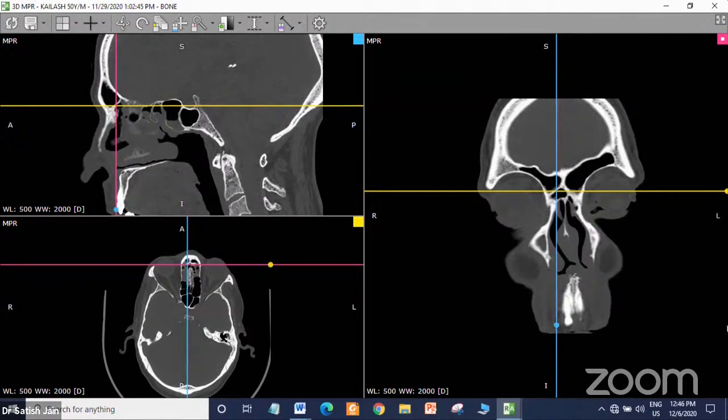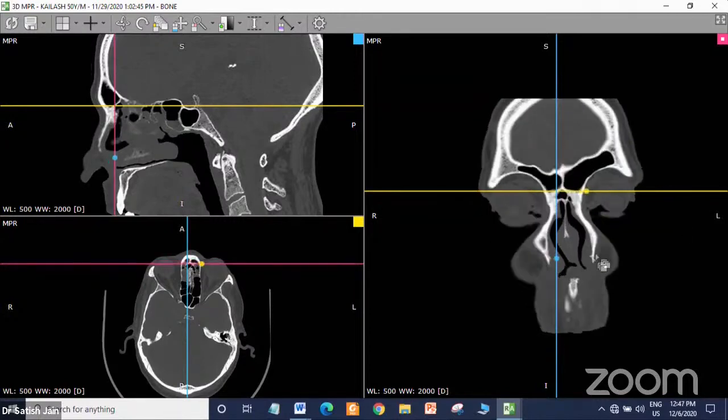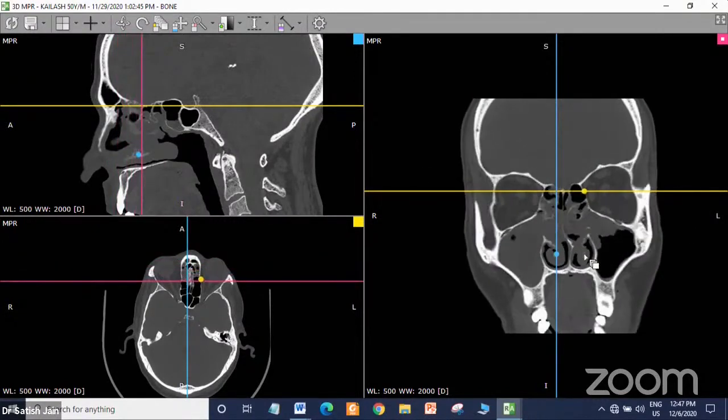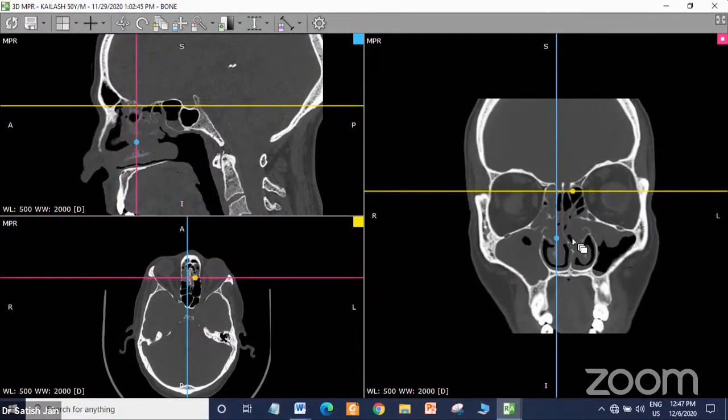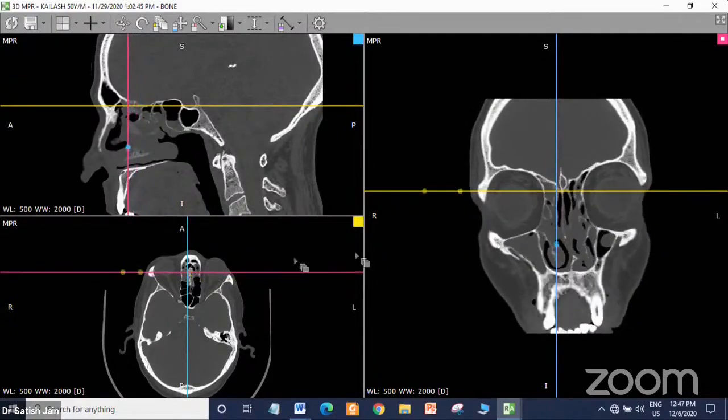In sinus surgery, we have two goals. Like in this patient, we are going to do a full sinus surgery. We have two goals: to complete the procedure in one go with complete removal of the septations, to ensure that the drug, the steroid, reaches postoperatively everywhere, and at the same time to prevent complications. That is very, very important, because the margin of safety is very less in sinus surgery because of its close proximity to the orbit and